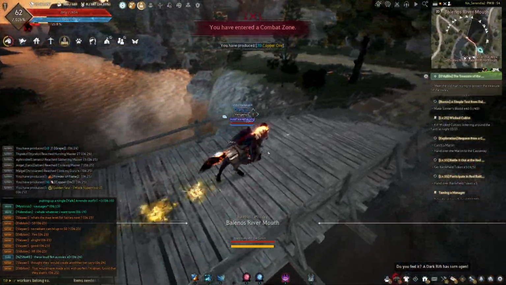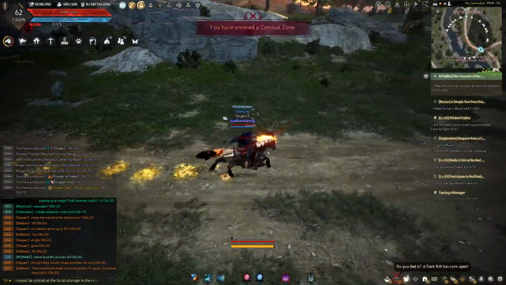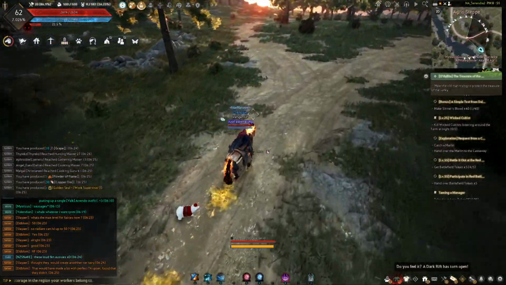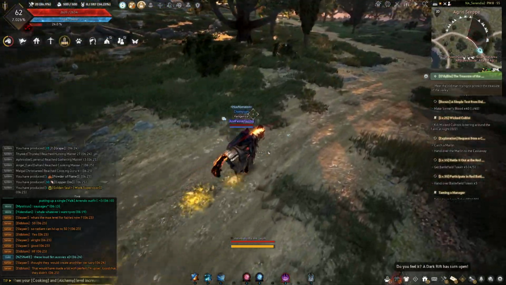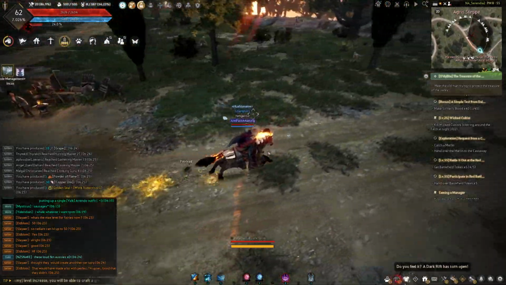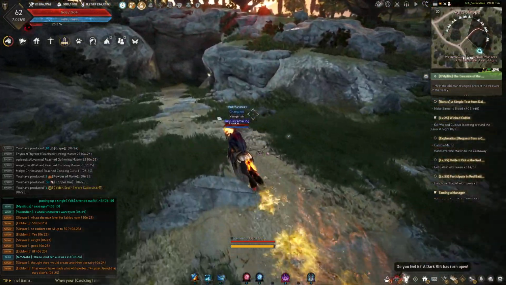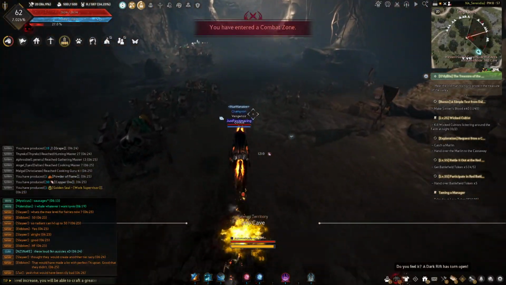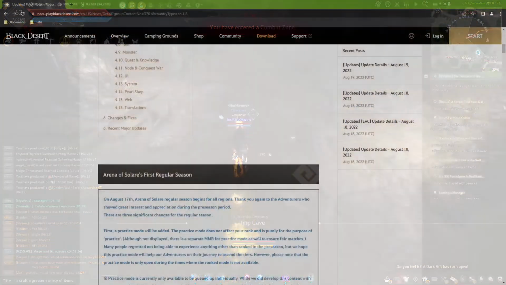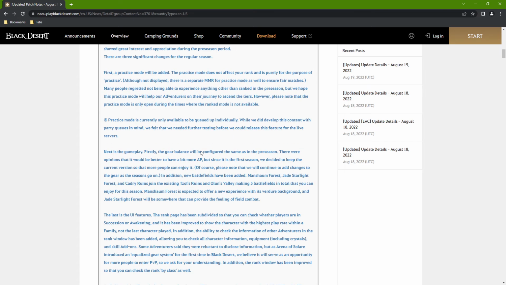What did they do with the update yesterday? Oh, they fixed an Arena of Solaire issue. How many update details are they gonna do? Here we go. Patch notes. So they did a lot of hot fixes for the Arena of Solaire that they put back in. 72 updates, 916 megabytes. They've re-added the first regular season for the arena, which you can read through all that